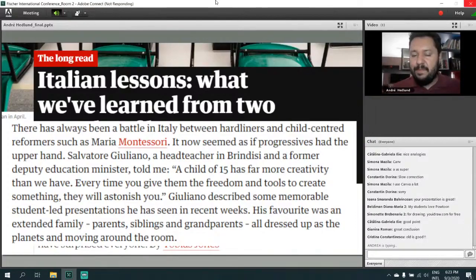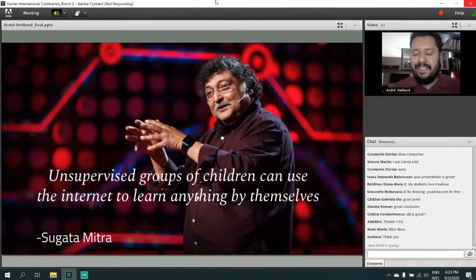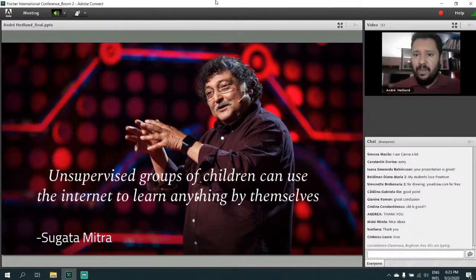And that is true. It's so true that Sugata Mitra, a professor at the University of Newcastle, conducted an experiment in the late 90s, the hole in the wall. He put computers connected to the internet in a wall in rural India, and all the kids around could use the internet, supervised, to learn anything. That's what he saw, and we can.